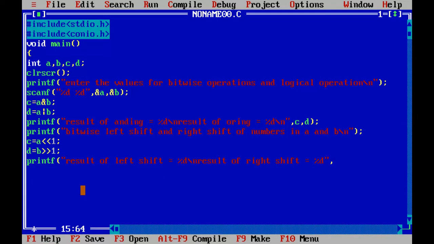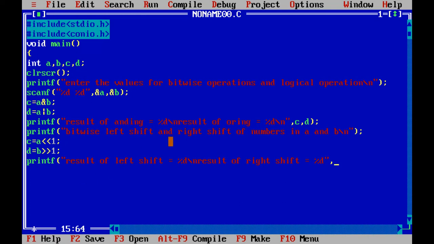But during the left shift operation, during ANDing, during ORing, or during right shift operation, since we are doing a bitwise operation, all these numbers are first converted to their binary values, and the operation is done on their binary values. However, when you're printing them, you're using a format specifier %d. So whatever result you see on the screen, it will be in decimal form. It is not in binary form.